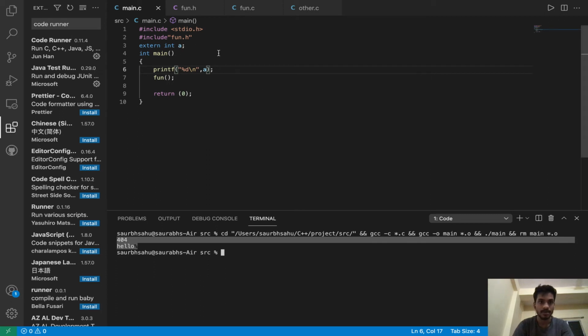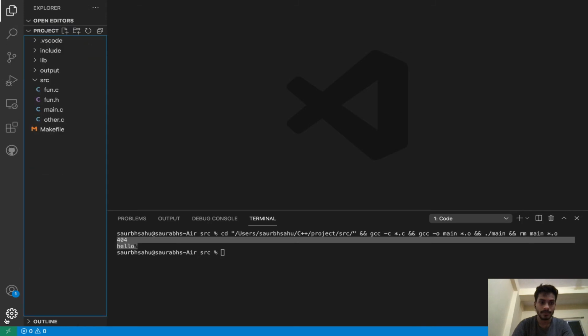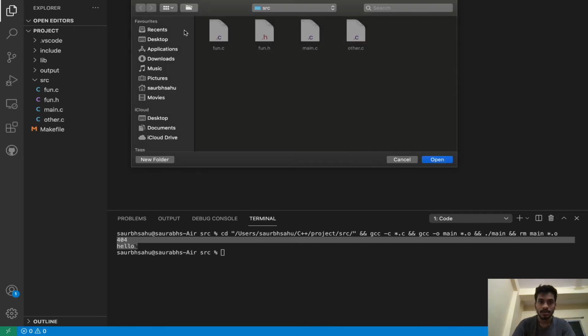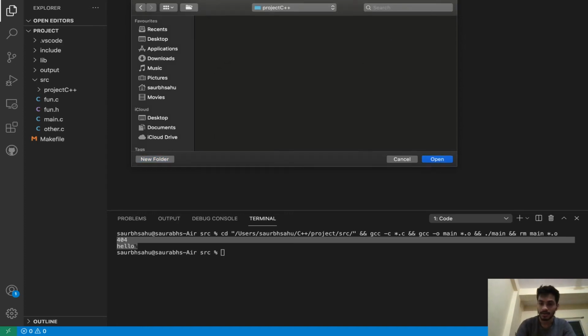Okay, let me close all the files. Command palette, create C++ project. We need to create a new folder. I will just name that project C++. Okay, I will just open that.